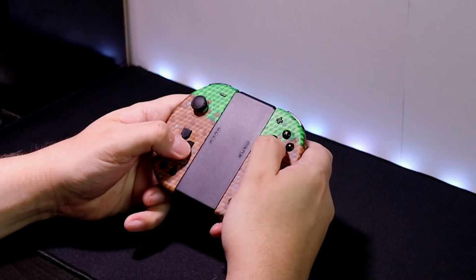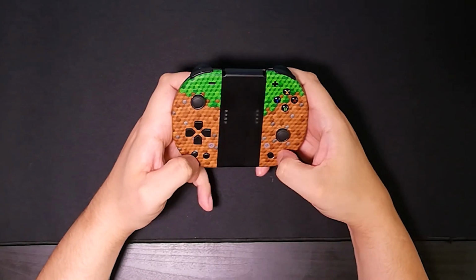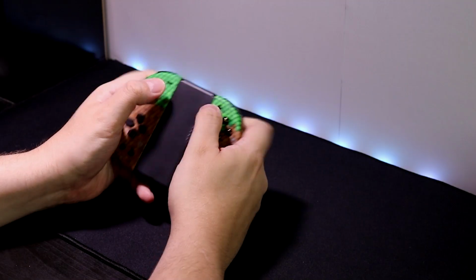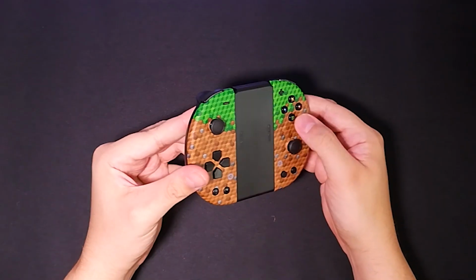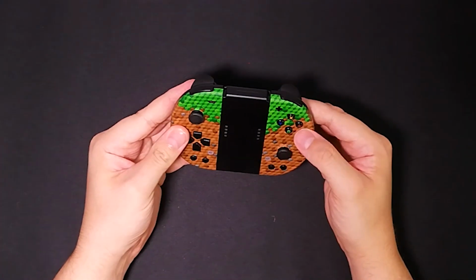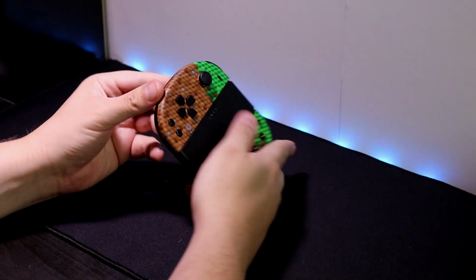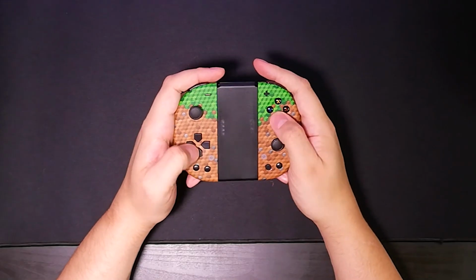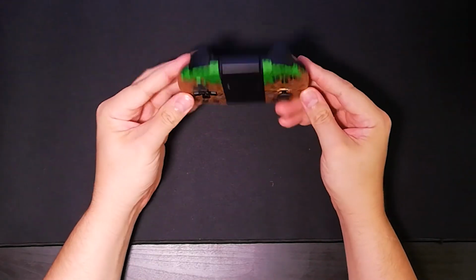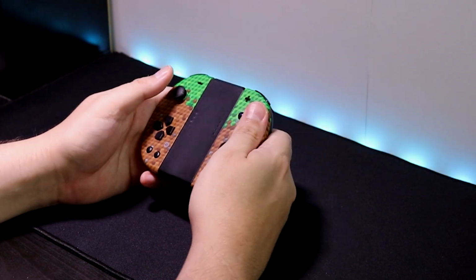And the build quality feels pretty good. The buttons feel quite clicky, more clicky than the original Joy-Cons. That's not necessarily a bad thing. I do also find the buttons are quite small on the face buttons of the Joy-Con, but I do have large hands, so might not affect everyone. But yeah, first impressions and feel of the controller I am very happy with. A bit more robust, a bit larger, but that added grip is certainly something I am happy to see on